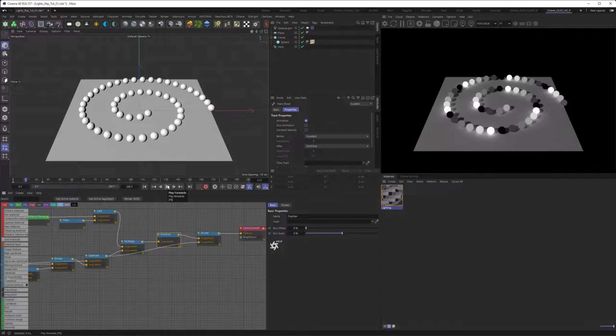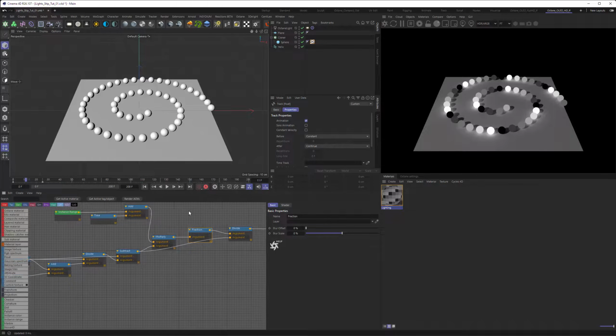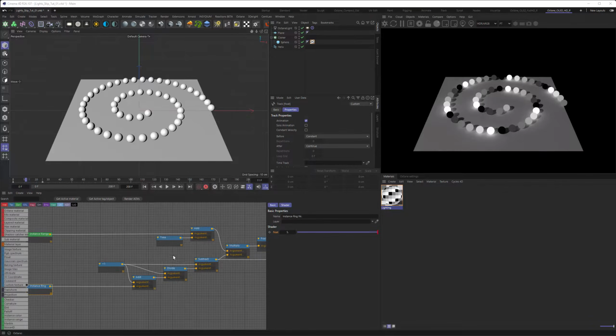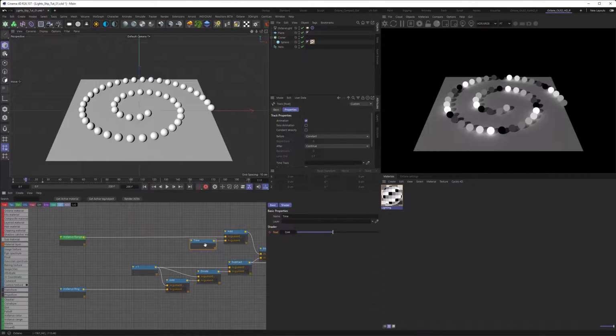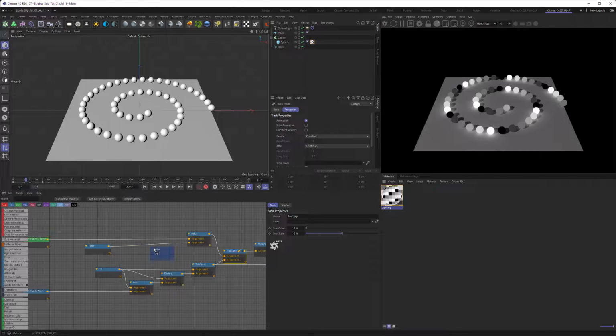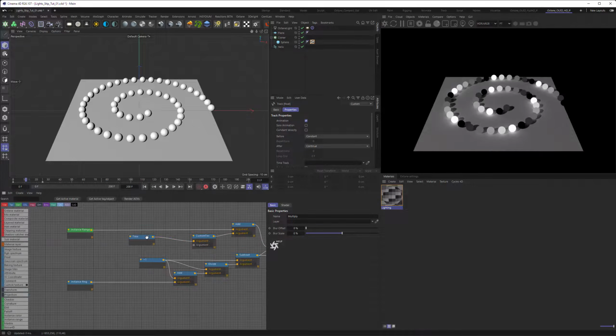Whew, that was quite something, wasn't it? So there's one more last thing to do besides cleaning up our node tree here, which I will do real quick. Since we have the time here, we might want to add a time multiplier, and this is exactly as easy as it sounds. So let's just copy the multiply here and multiply the time with a value. So let me just borrow this and plug it in here. So we have a way to control it.